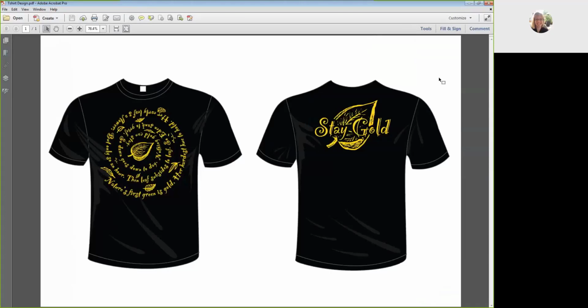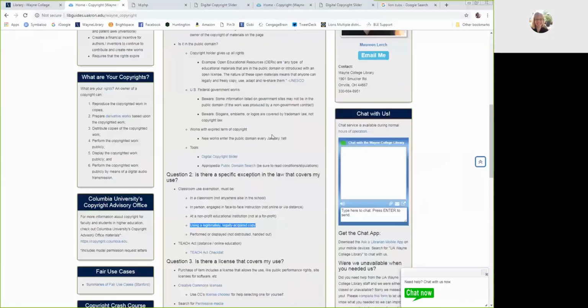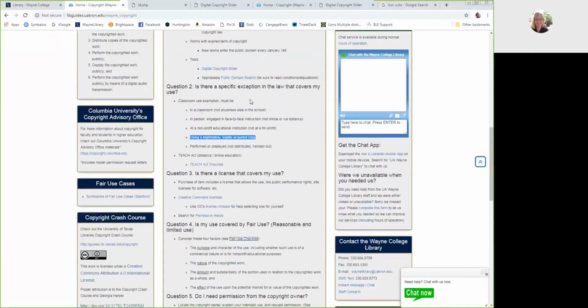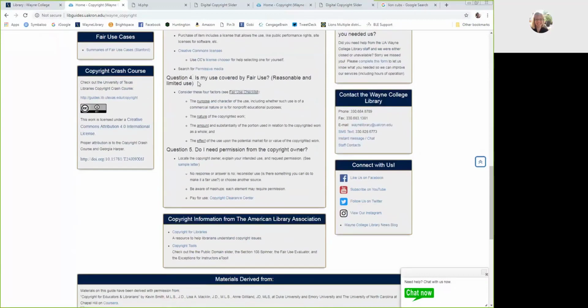Okay, I'm going to walk through these questions. Is the work protected by copyright? Right now I'm just talking about the words from the poem that I want to put on the T-shirt and sell. If I skip ahead and say, is this a fair use, putting it on the T-shirts, as soon as I hit that fundraiser, it's not a fair use anymore, right?